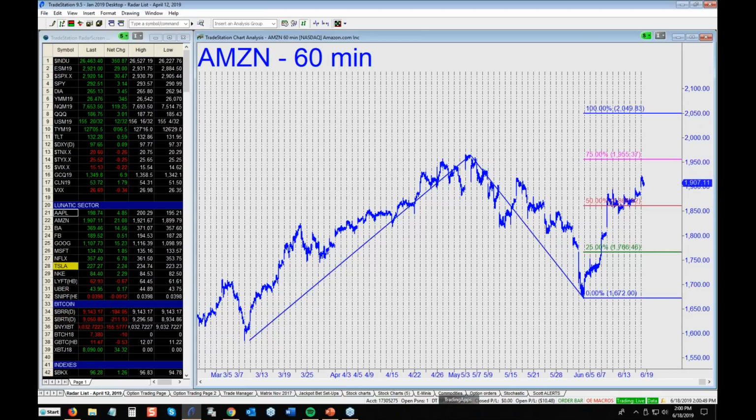And in this case, we had a little bit of a struggle at the midpoint. You can see, I would say there's probably an 85% chance that Amazon is going to get to that 2049 target. Actually, given that we're in a 10-year bull market, I would put the odds at over 90%. And I expect a pretty precise pullback from that D target. But you can see the first time that Amazon encountered the midpoint pivot, that red line,